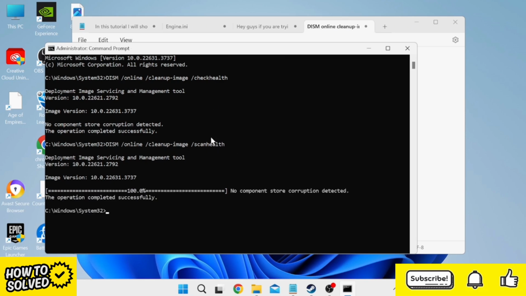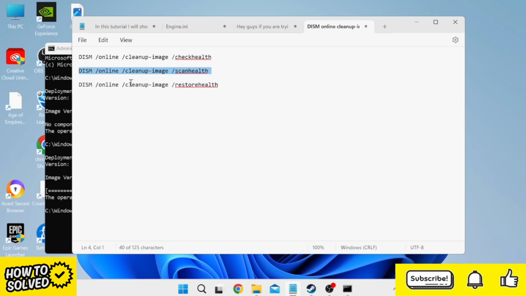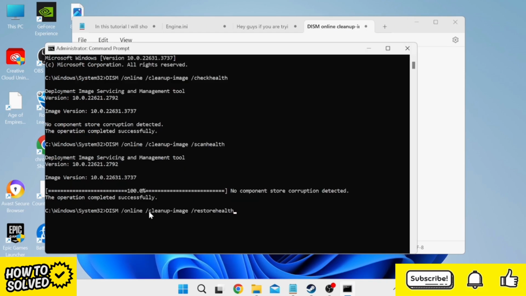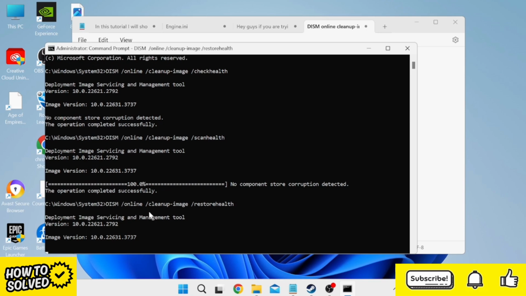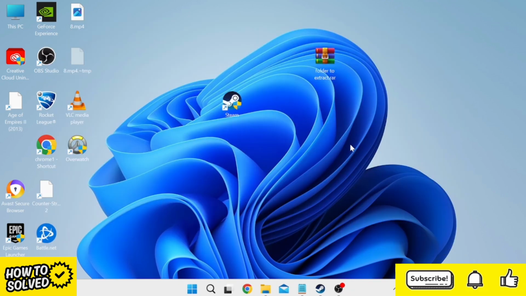So once you've completed this scan, if the scan does detect any errors, then you'll need to go ahead and use this third command here. Basically what this does is it will repair your computer and any of those corrupt files that it detects, and then we can head out of the command prompt window, and that should have fixed any issues you're having with